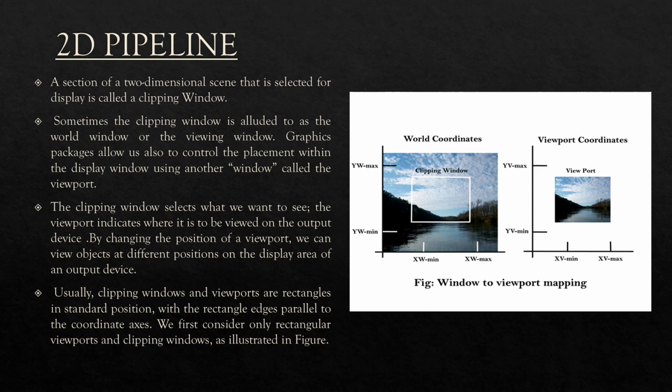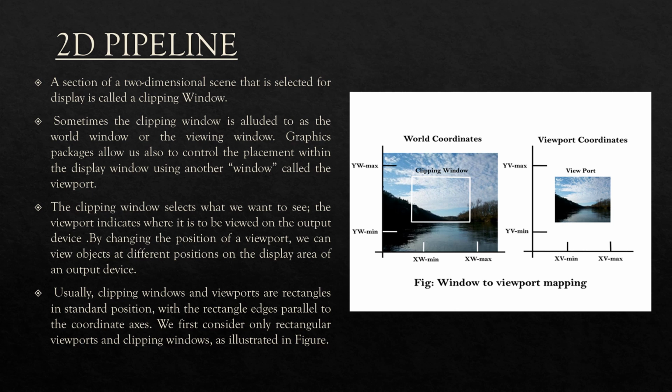The clipping window selects what we want to see. Here is how the clipping window looks like. It will just show us what we want to see. The viewport indicates where it is to be viewed on the output device. It has an x-axis and y-axis, and it shows the image according to those axes. So by changing the position of a viewport, we can view the object at different positions on the display area of